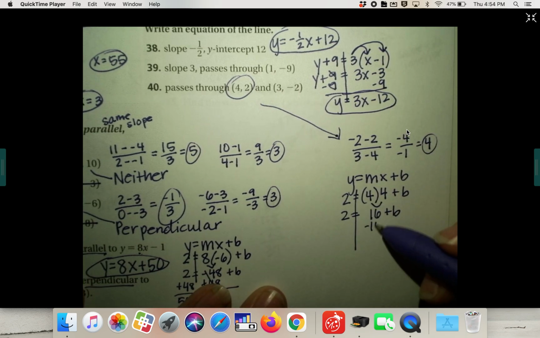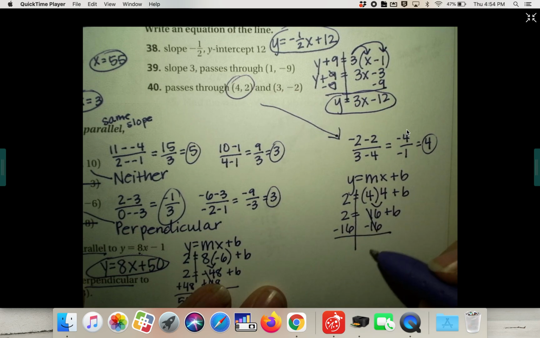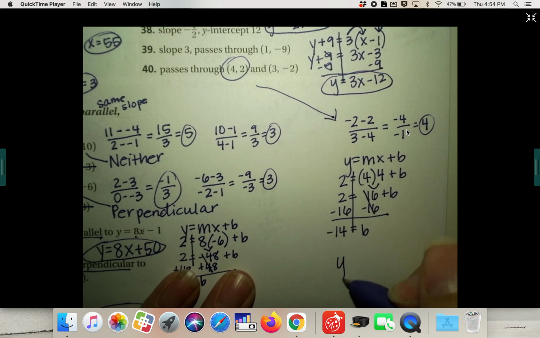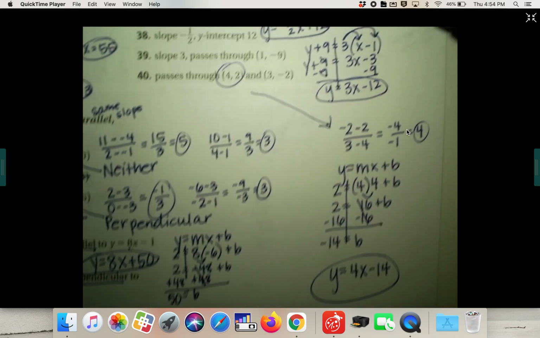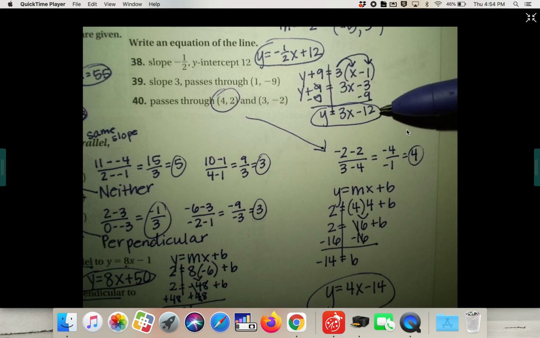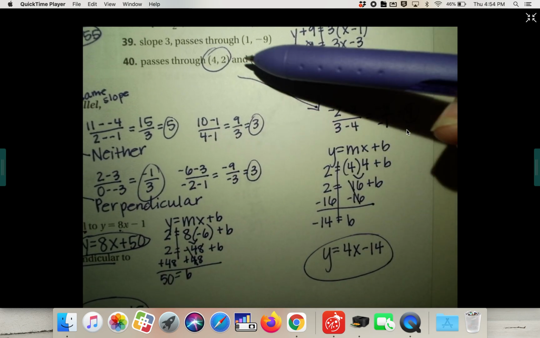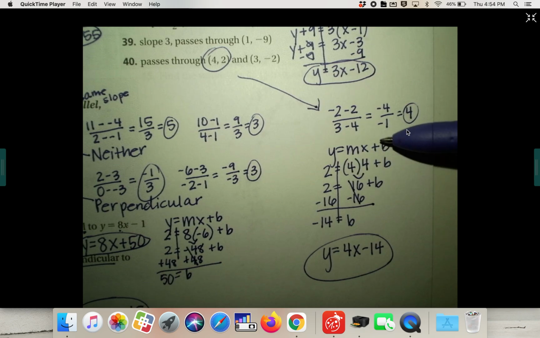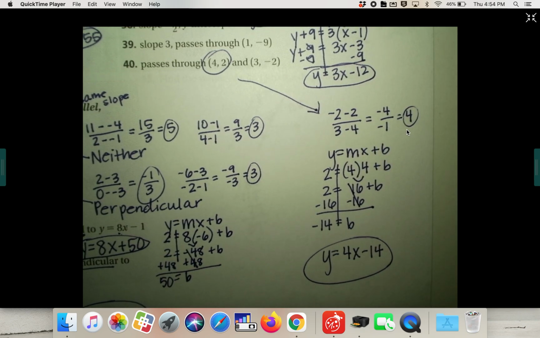You would subtract that 16 from both sides. b equals negative 14. So then put it all together. y equals 4x minus 14. So you can do this in point slope form and then convert it to slope intercept, or you can just borrow one of the coordinates to plug into already slope intercept form and solve it that way. So either way,